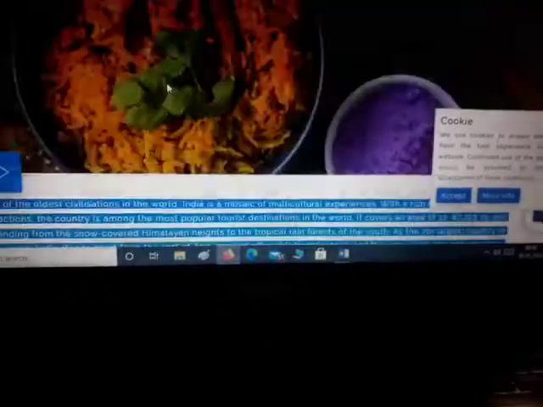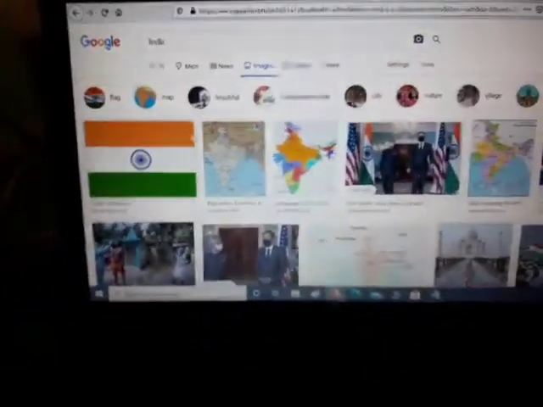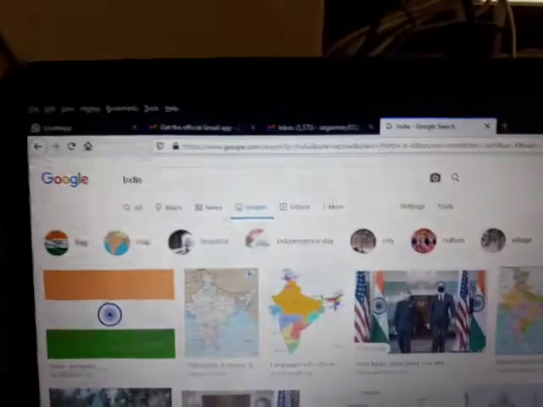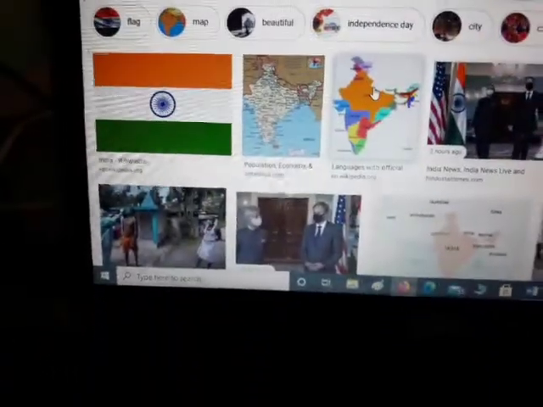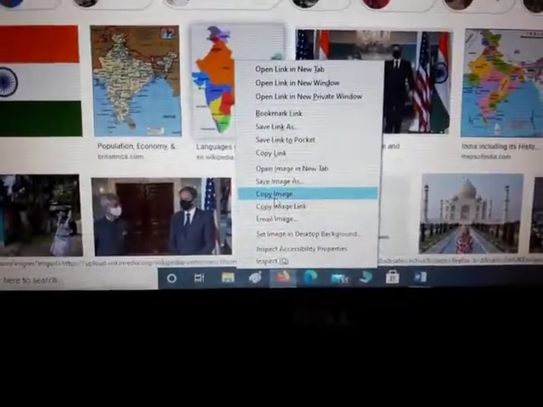Okay, then suppose if we want to insert some images, so let us go to our site India once again, and I will just try to insert an image. See, images, Google. I just went to Google and then images. Now I am taking India map and I am copying the image. Copy image.